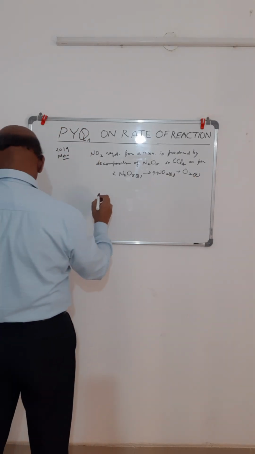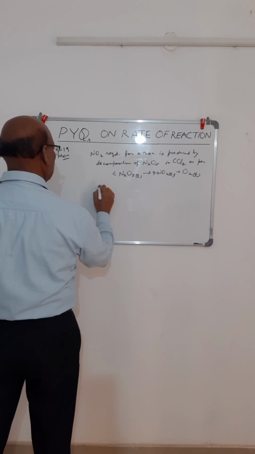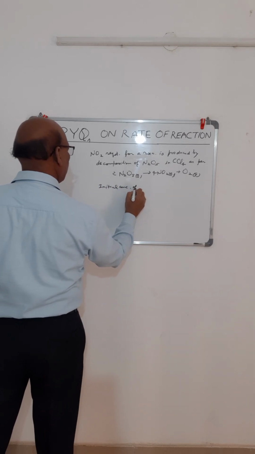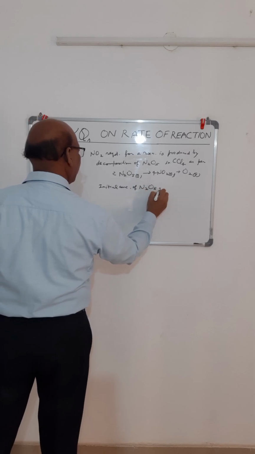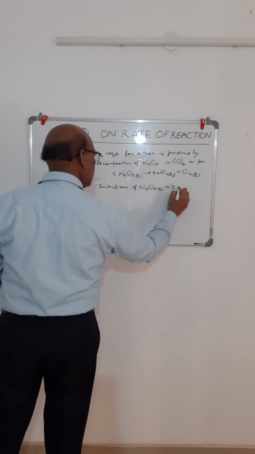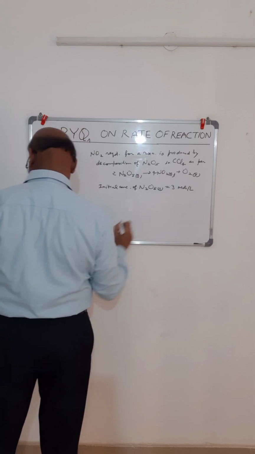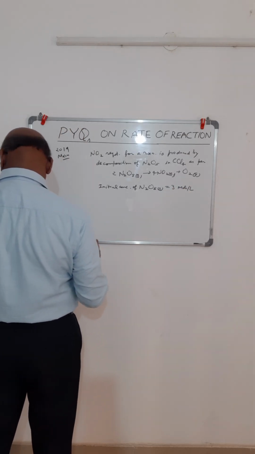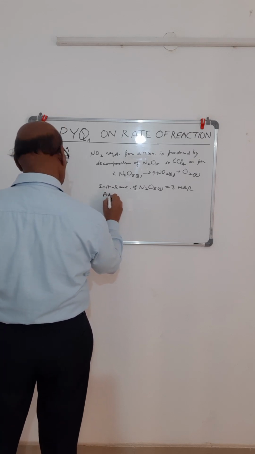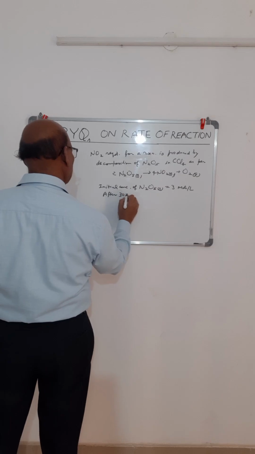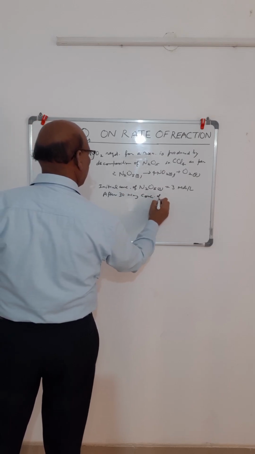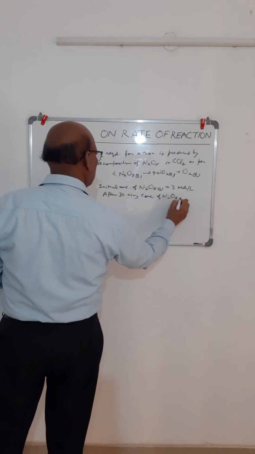The initial concentration of N2O5 gas is given as 3 moles per liter, and after 30 minutes, the concentration of N2O5 is